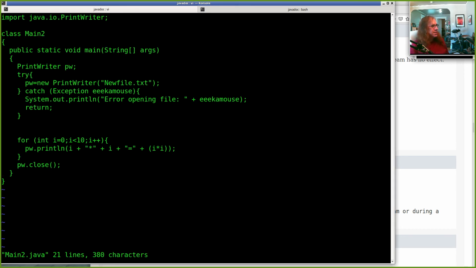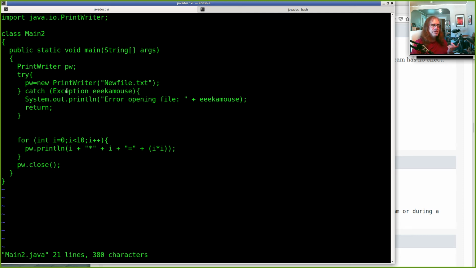Alright, let's see. How does the try-catch know what exception it's looking for? It doesn't really. So you as the programmer need to know that this could throw an exception. You need to look at the doc, see what exceptions could be occurring, and then write catch blocks for that. But when the system is running, if an exception occurs, it will start looking for any catch block with an